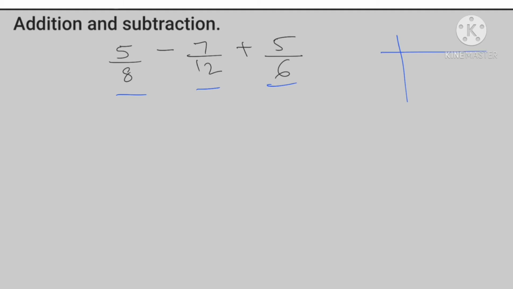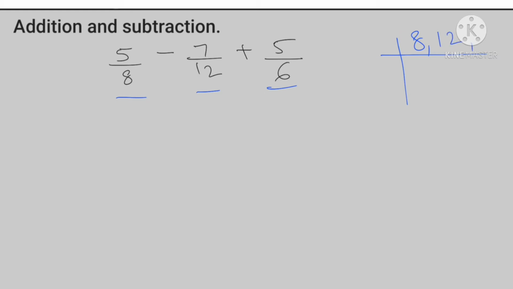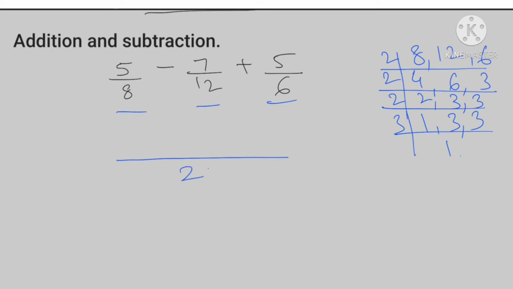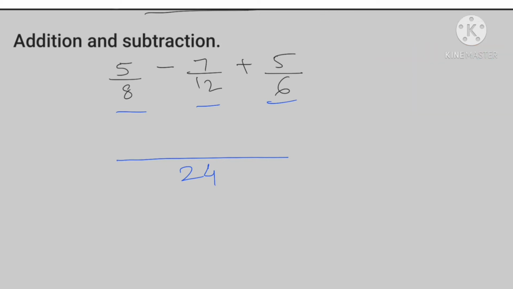Taking out the LCM is very simple. For those of you who haven't watched my videos on how to take out the LCM, I'll leave the link down in the description box. It will go by 2: 2 4s, 2 6s, 2 3s. 2 times 2, 2 times 3, 3, then 2, 1, 3 and 3, and then 3 times 1. So here's the LCM: 2 2s are 4, 4 2s are 8, 8 3s are 24. The LCM will be 24. We put a line out here and write 24 as the LCM.